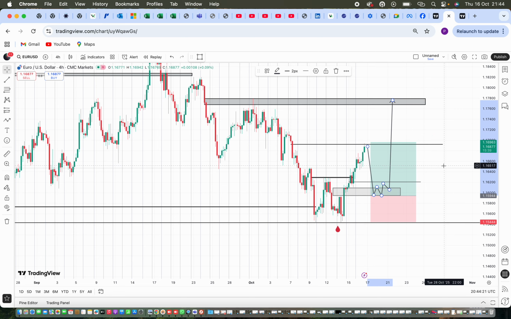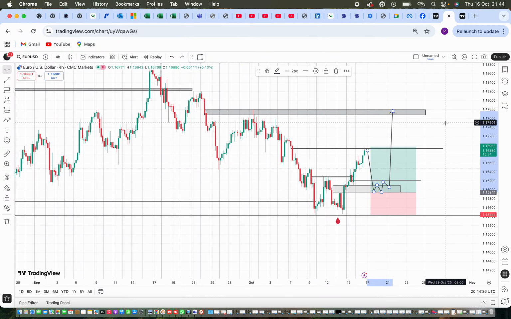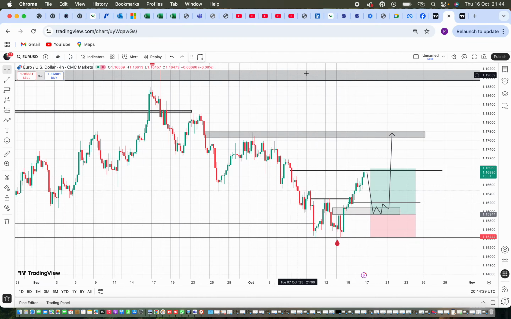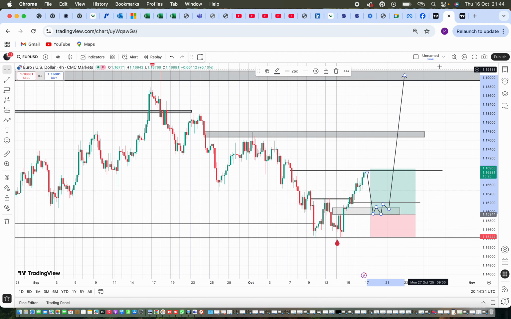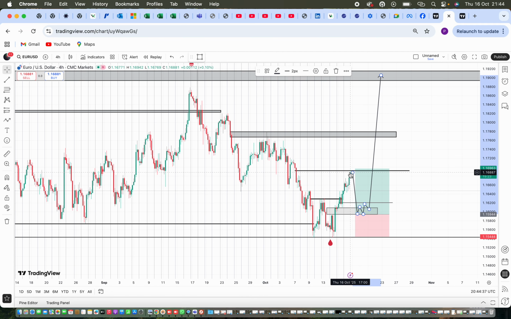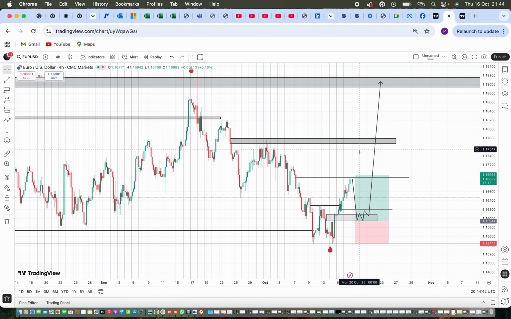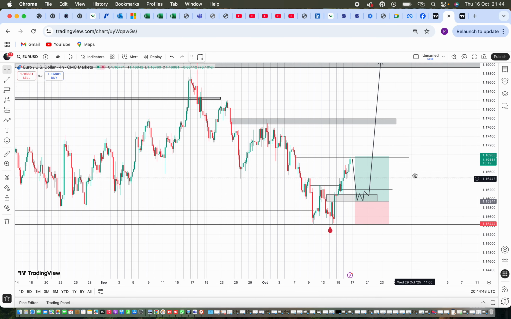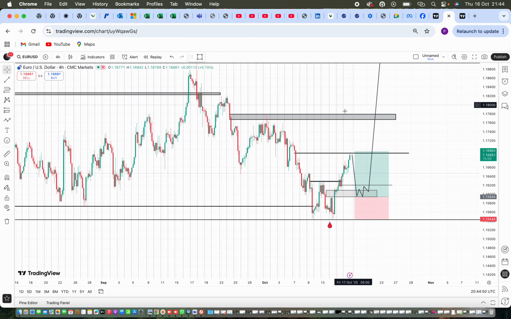So this pair, trust me, from next week Monday, EURUSD and GBPUSD are going to be really bullish all throughout next week, because you see this high here, price is coming to take out this very high. Mark it, you can put this on your calendar. You see how price will first come, take out this high, create a pullback and continue. I'm just hoping price will not continue to trade upward without giving me my possible entry. So guys, this is what I'm looking at for EURUSD.